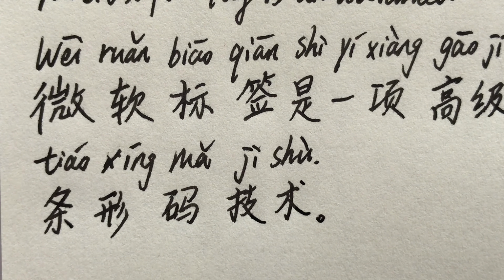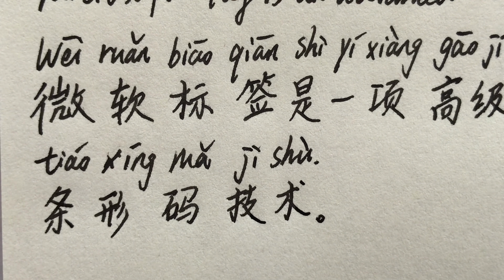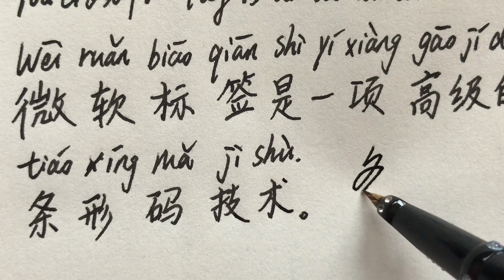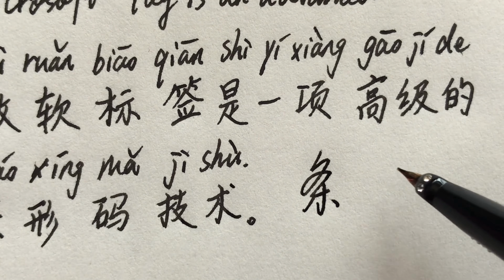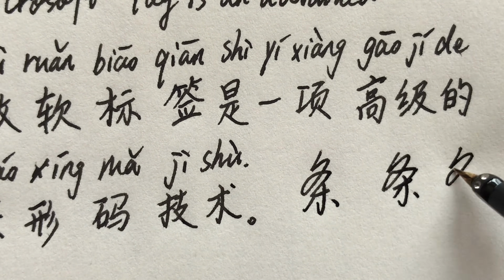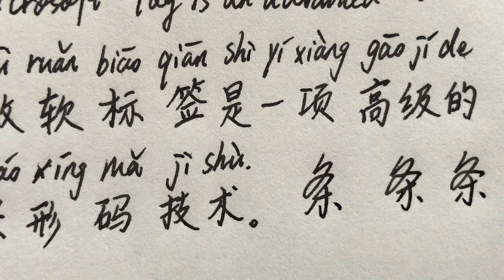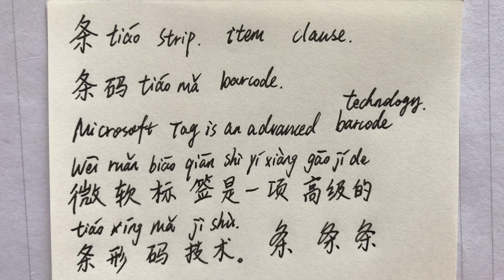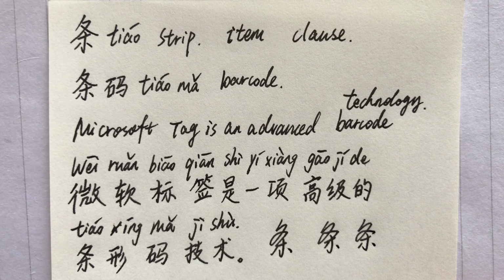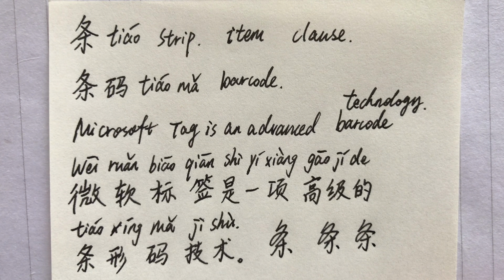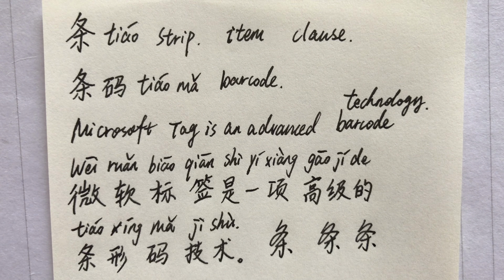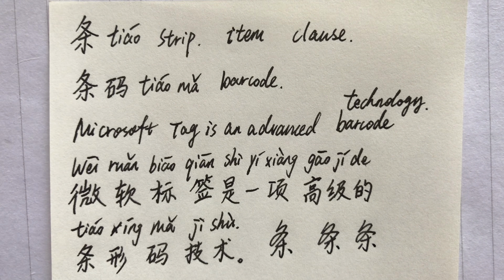微软标签是一项高级的条形码技术。条 in cursive. 条 strip, item, clause. 条码 barcode. Microsoft Tag is an advanced barcode technology. 微软标签是一项高级的条形码技术。条